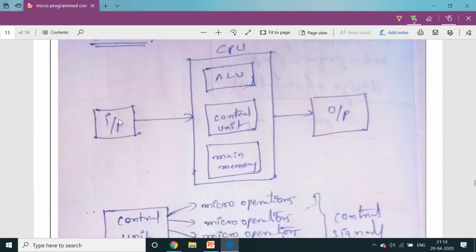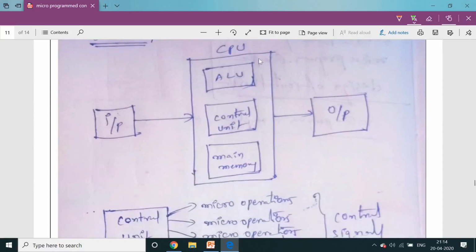From the input devices, we transfer some input data in the form of binary. That binary information will be stored inside the main memory, right? This main memory is a storage space which holds the binary information in the form of instructions as well as data.